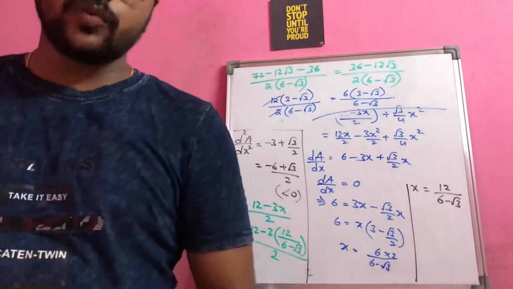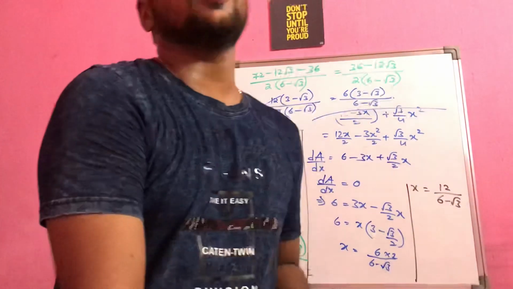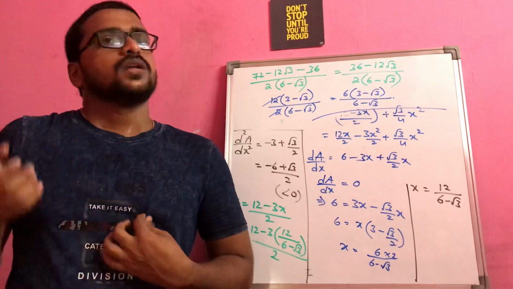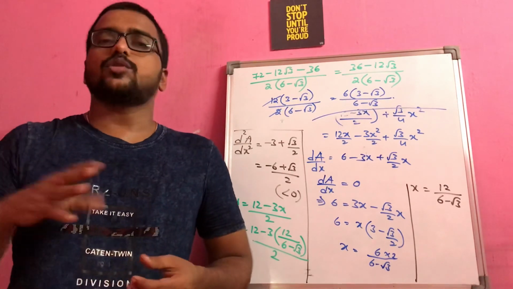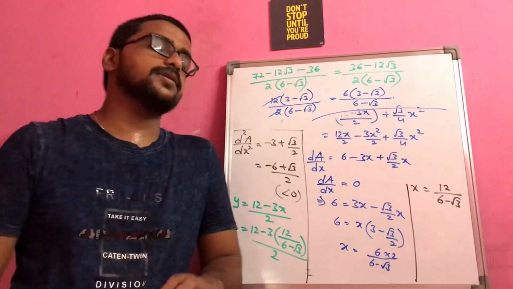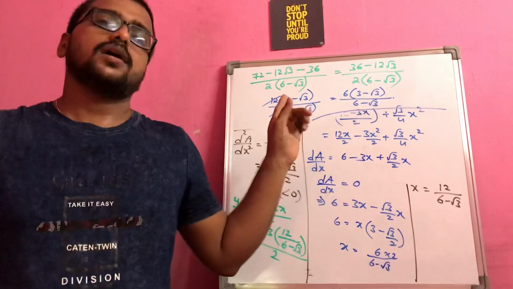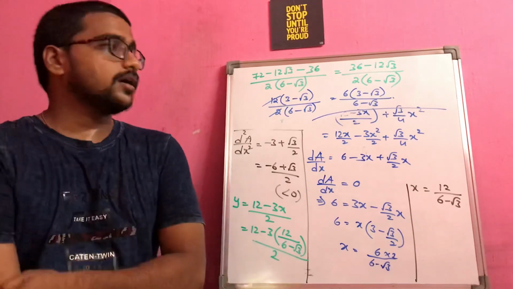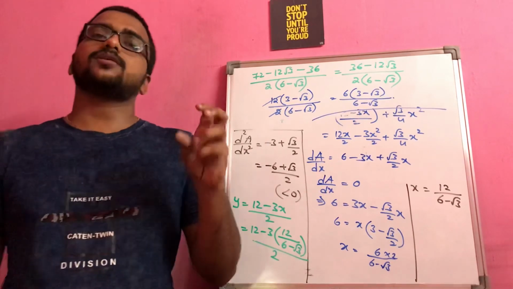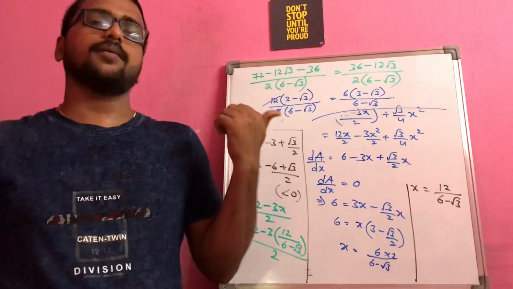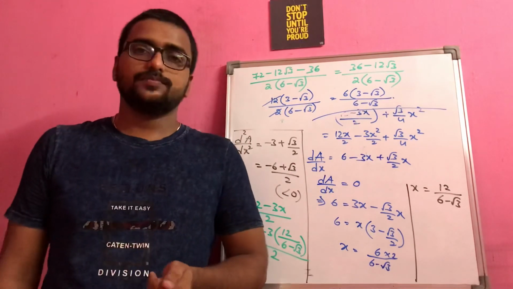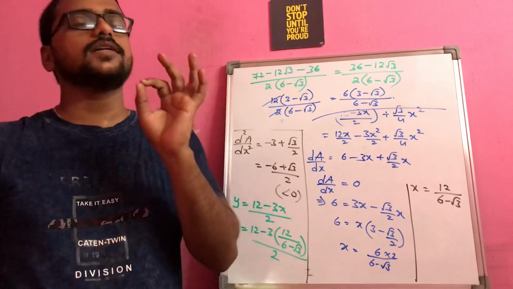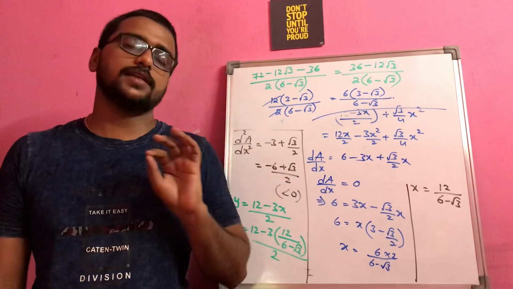This is a very important model for case study based questions, because in last year's Sahodaya paper and even many Kochi Sahodaya and other papers, we have at least one case study based question, especially from maxima and minima, and even from maxima and minima, this specific model came in the case study based question. So please, it's a very simple one, you just have to concentrate on what is the given perimeter for the figure, that is the only thing.